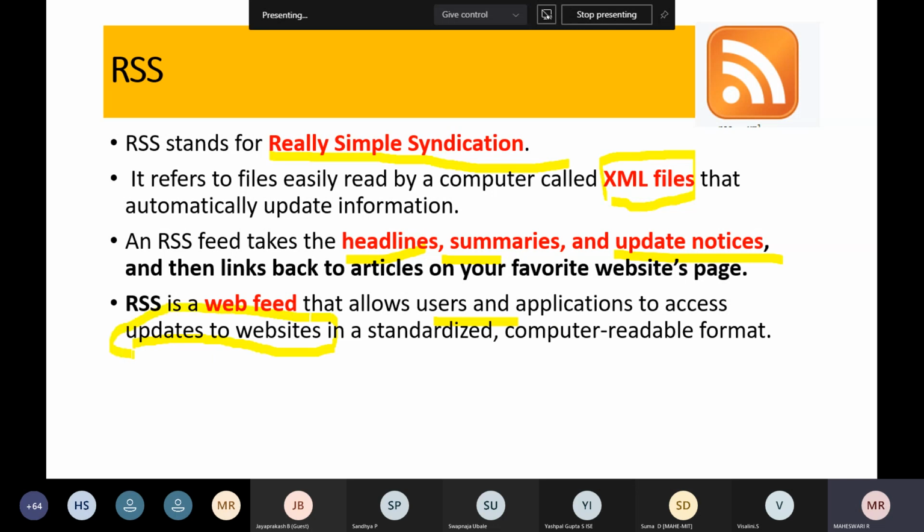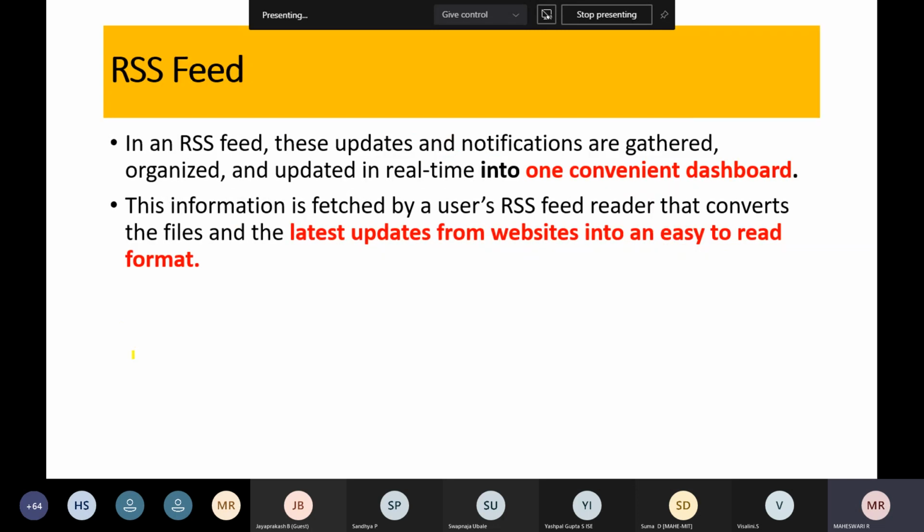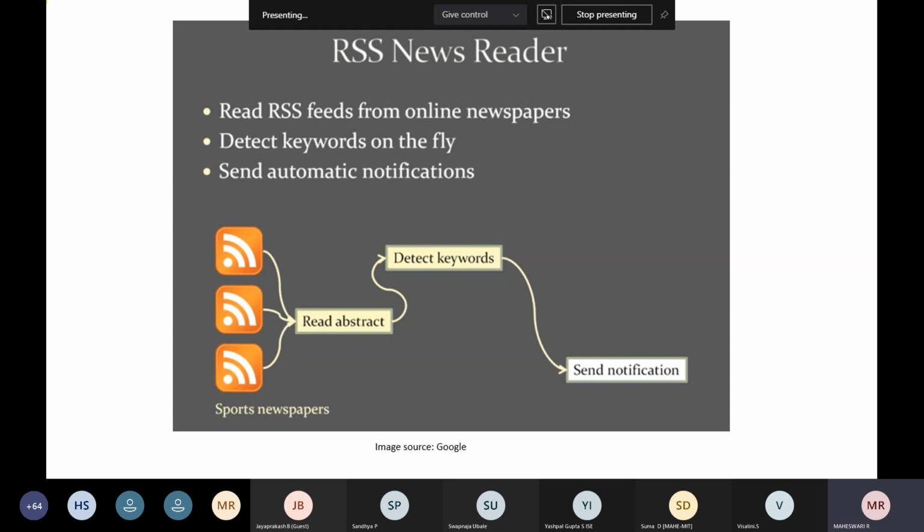In the standard form, it retrieves the data and updates that website. So we have an RSS feed, and a convenient data dashboard to display it. So we have an RSS news reader.